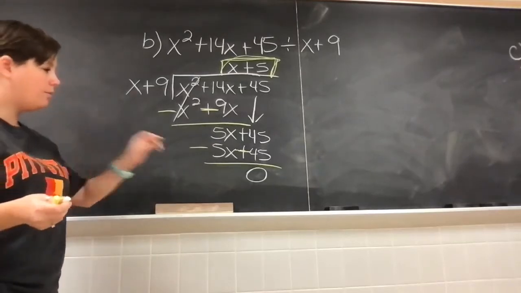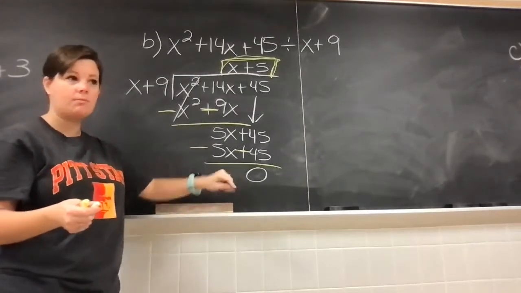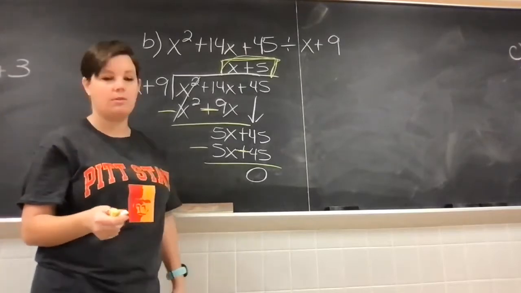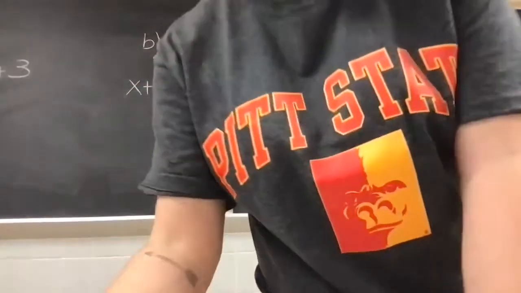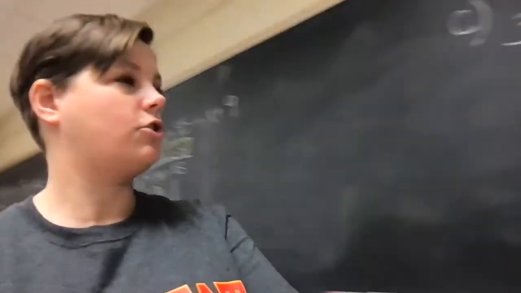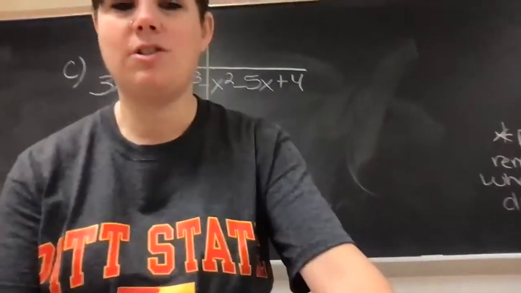Now, so far, we haven't had any remainders. We've had 0 at the end. So what happens when we do have a remainder if we are doing long division? Pretty much the same thing that happens